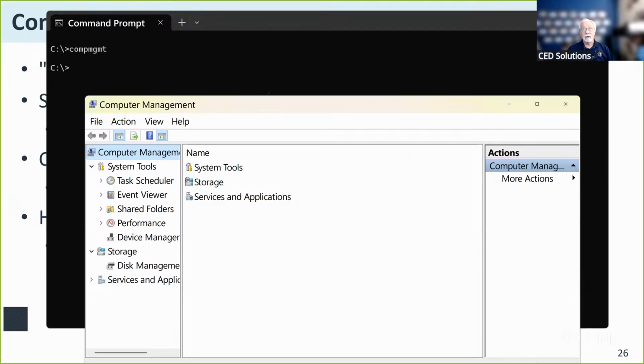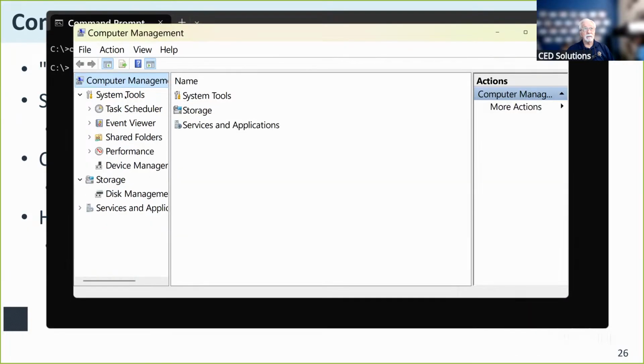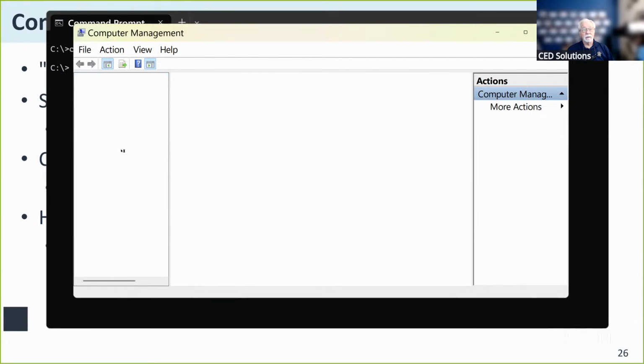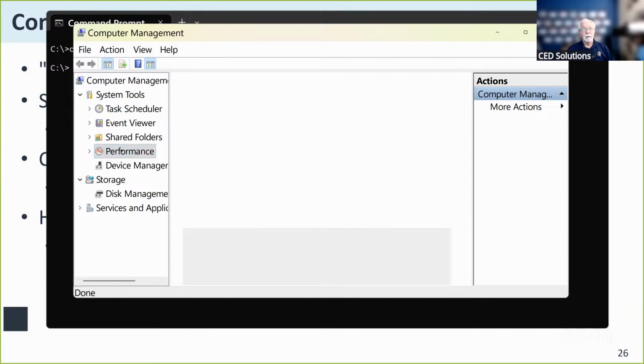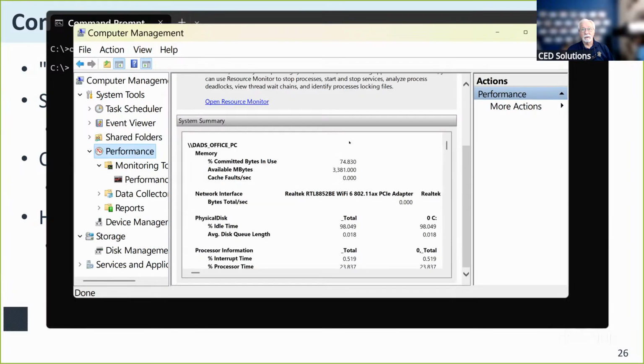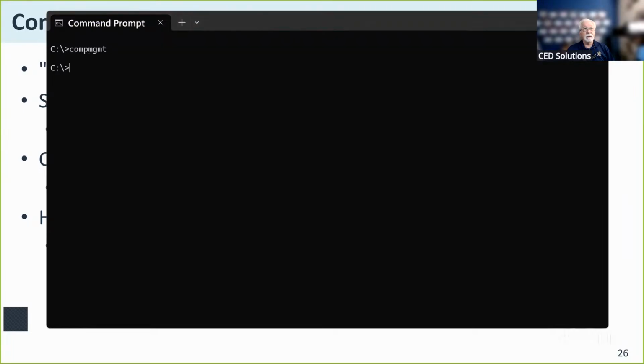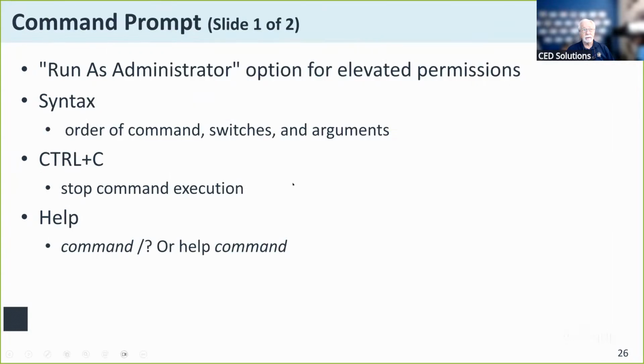And the thing about this computer manager, I showed you this the other day as well, it's got all these other tool suites that I can drive from here. Let's say my performance monitor. There we go. So there it is. I can look at all the performance that's going on, see how the system is being utilized. So it all starts with the command itself. So becoming familiar with those commands, what they're used for, and being able to drive the command line interface is very important for technicians to learn.